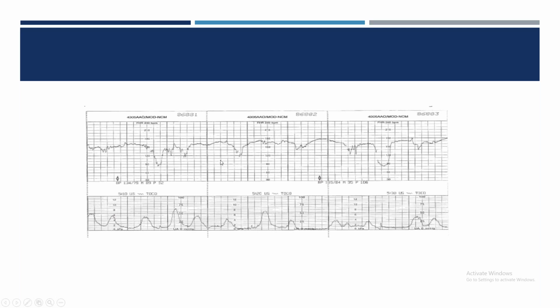Okay. Ma'am, how many contractions have decelerations, 50% or more than 50%? Now, how to say this? Here, measure the contractions. 1, 2, 3, 4, 5, 6, 7, 8, 9, 10, 11 contractions. Decelerations are 1, 2, 3, 4, 5, 6, 7. So for 11 contractions, 7 decelerations. That means it is more than 50%. Correct? Got it?